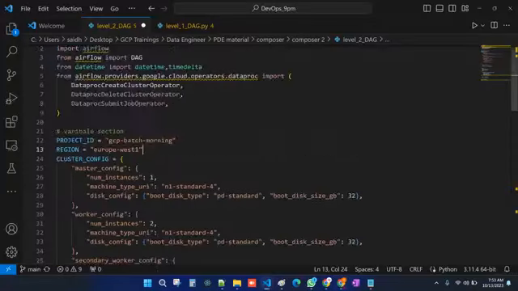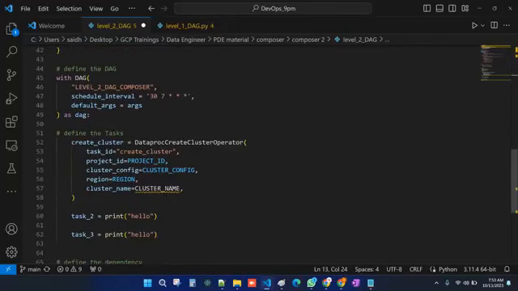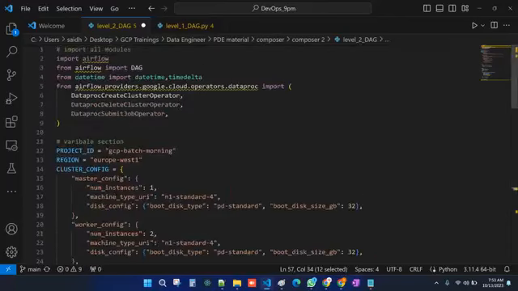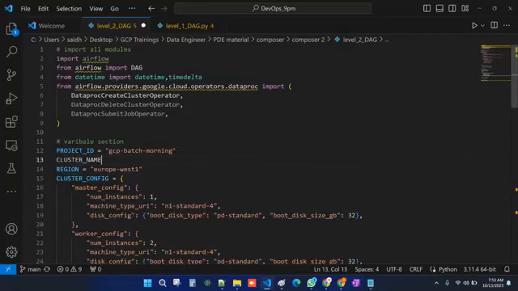After that, you go down and provide the cluster name also. What could be your cluster name? So if you wanted to create a cluster in Dataproc, the very first thing it's going to ask you is the cluster name. You have to provide the proper cluster name. I'm going to say test_cluster or test cluster. Okay, the cluster name is test cluster. Okay, so this is